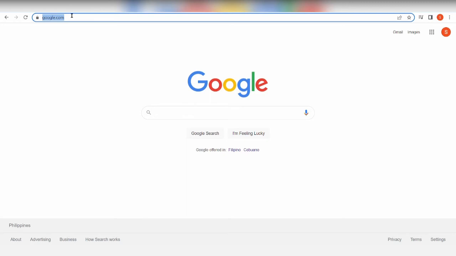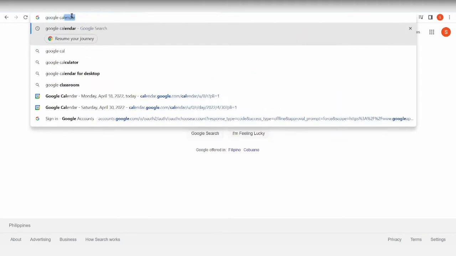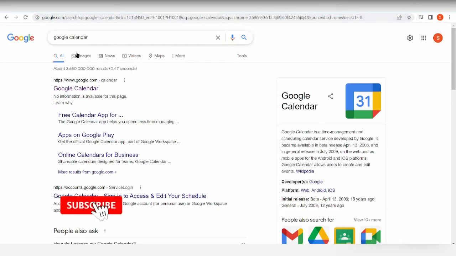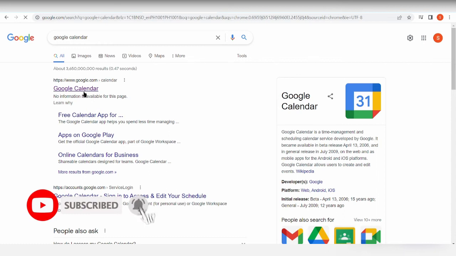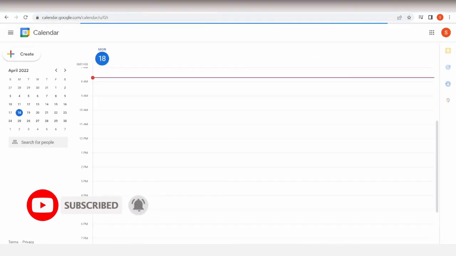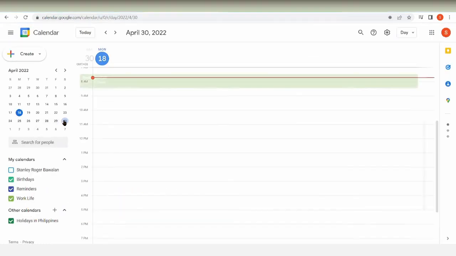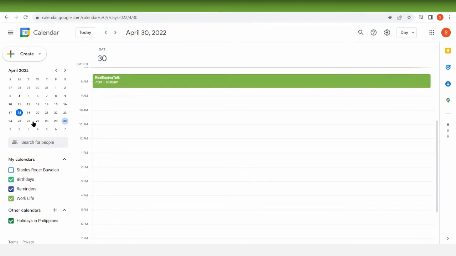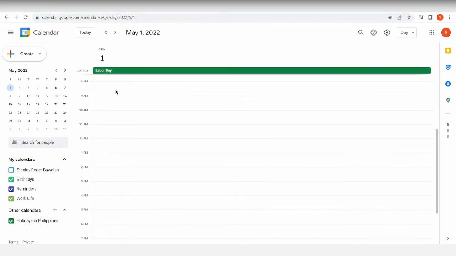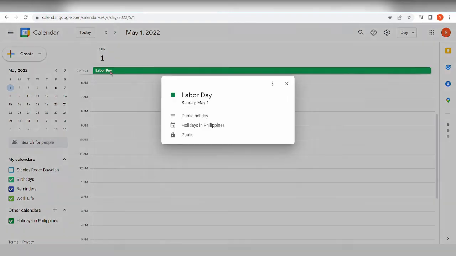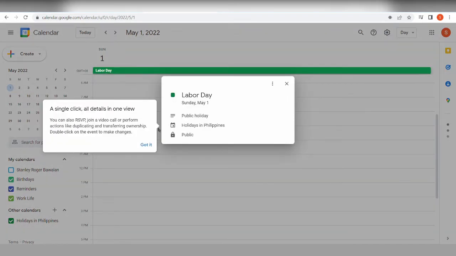And sorry about that. Google Calendar. And I'm going to add in my wedding anniversary tomorrow, right? Or maybe I can just say April 30. So let me set up an April 30 here, or maybe like May 1, May 22. May 1 is Labor Day here in my country, and at the same time,